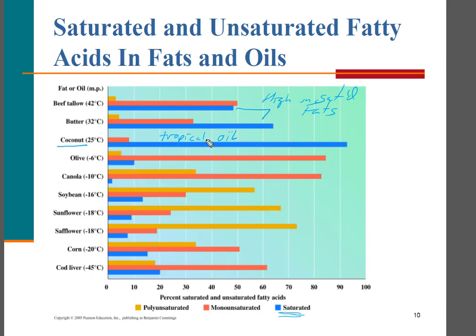Now, they call it coconut oil, but look at the melting point. The melting point is actually very close to room temperature. Okay? So 25 degrees is just a little bit above normal room temperature. So a hot day in the kitchen, in the summertime, this is not going to be a solid but a liquid. And then in wintertime, when it gets colder in the kitchen, this is going to be a solid. But look how much saturated fat is in coconut oil. And the reason this is important is because diets that are high in saturated fat